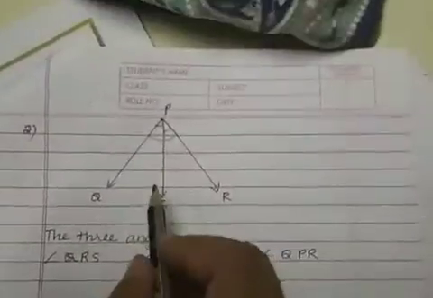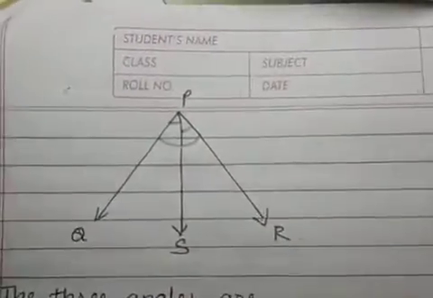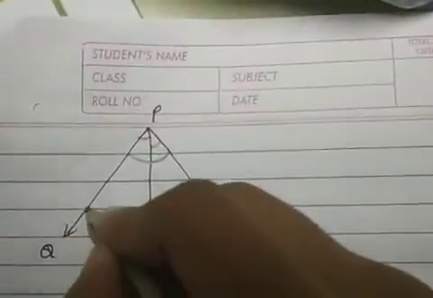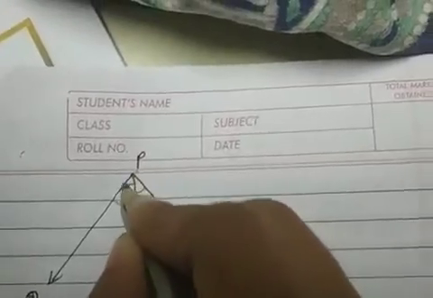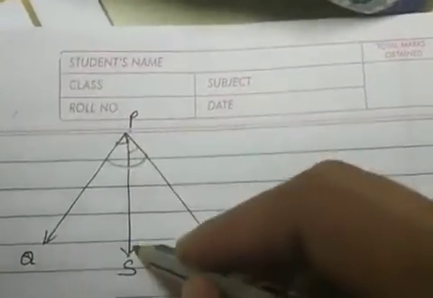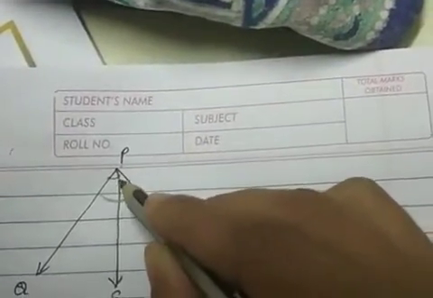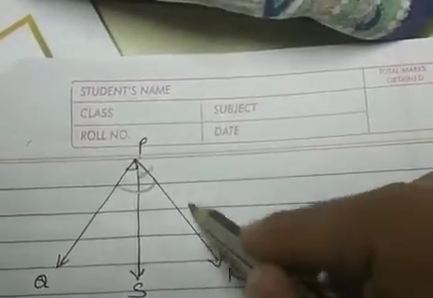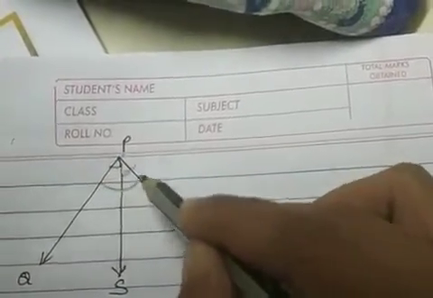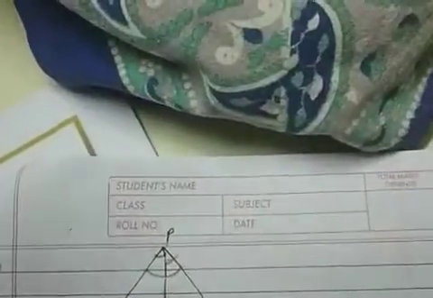Let us see another example. If you see this figure carefully, how many angles do you see here? You can take this as one arm and this as one arm and this as a common vertex, then this is the angle formed. Now if you take this as one arm and this as one arm, then this is the angle formed, correct? But if you take this as your arm and this as your arm, which is the angle formed? This entire angle.